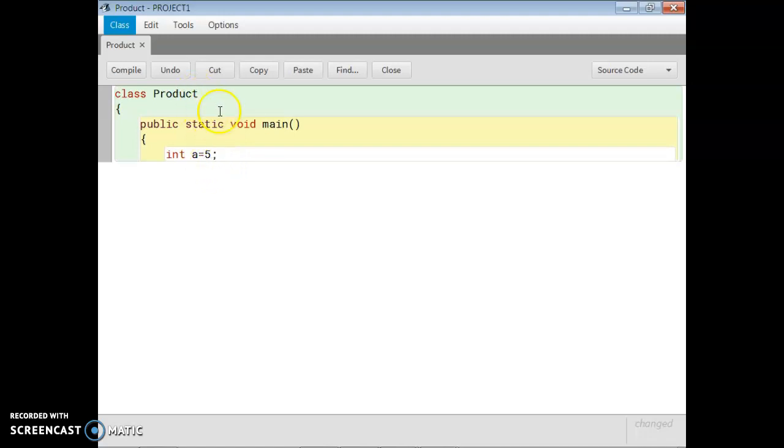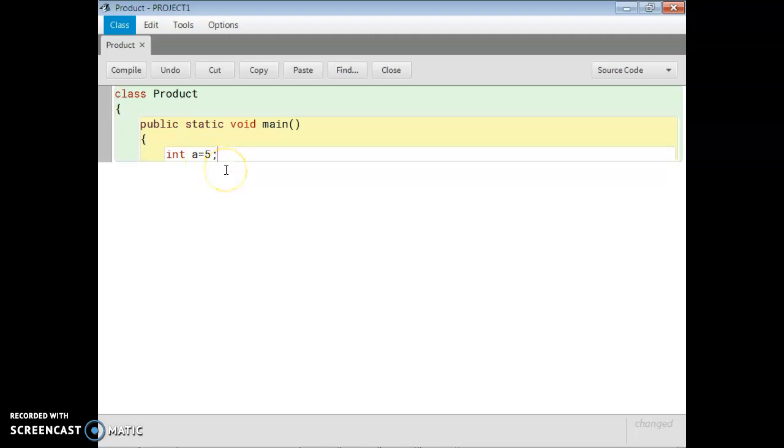There is no semicolon in this line; from here you start to give semicolon. So it is one integer type variable which can store only integer numbers, and in the computer's memory it takes one place called A, where we can store any number, but it must be one integer number.